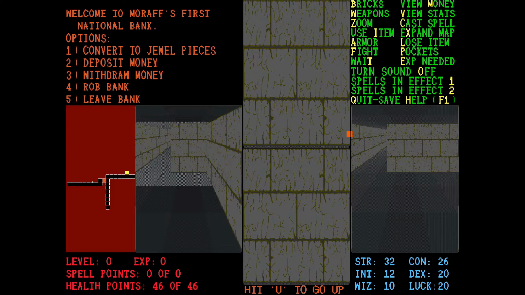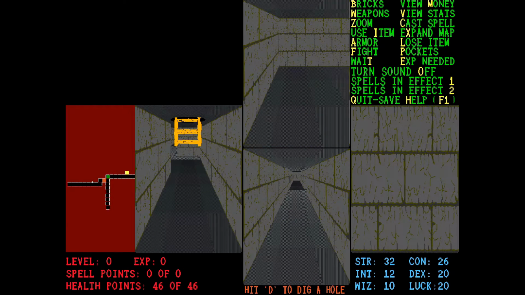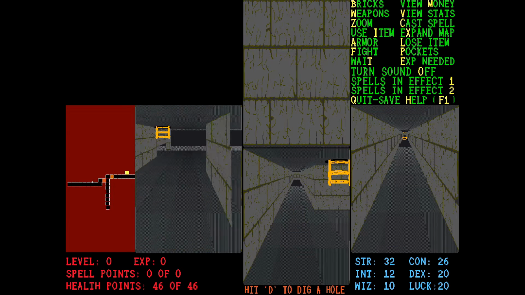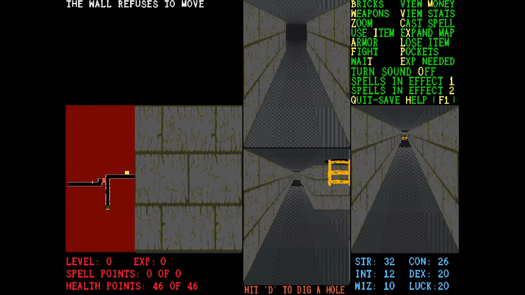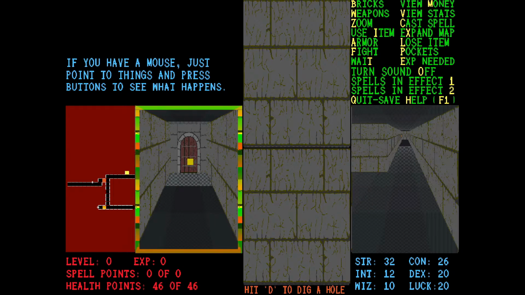Welcome to Moraff's First National Bank. So we can convert to jewel pieces, deposit money, withdraw money, rob the bank, or leave. Let's err on the side of caution. There is something charming about it. The complete lack of graphics and my complete inability to control it sort of...